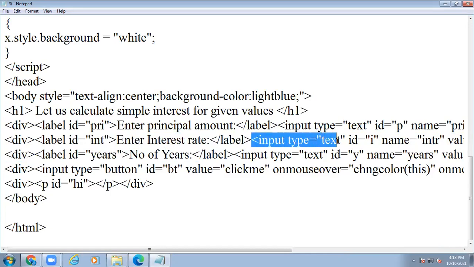Input type equal to text means a text box; input type equal to button means a button will be displayed. Okay, clear? Input type equal to text. What is the ID of this input text box? The ID I want to consider here is I.